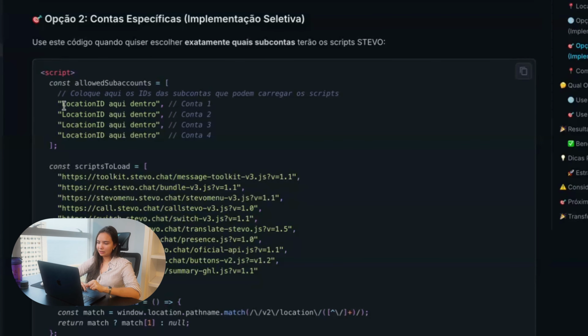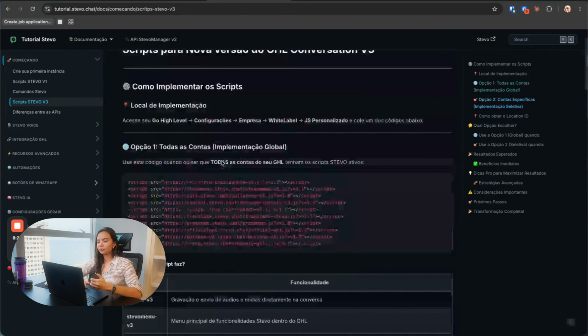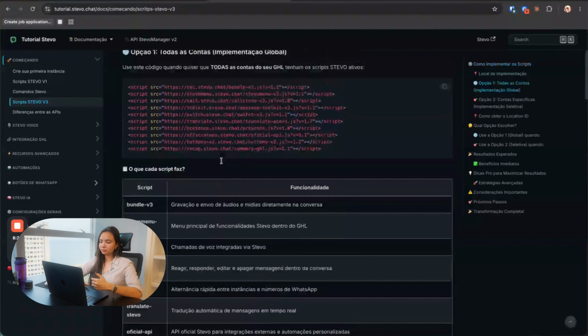Okay, guys? So your location ID has to be in here. And here you enter the account name. Saint Hub, Estivum Shop, I don't know, Marisia 123. You write it there, it can be different. However, it has to be exactly as it is here. Location ID, the name of the sub account. Perfect. So, all good.